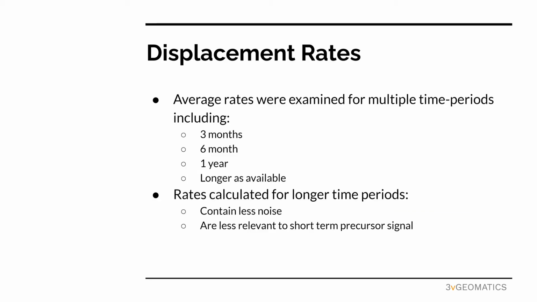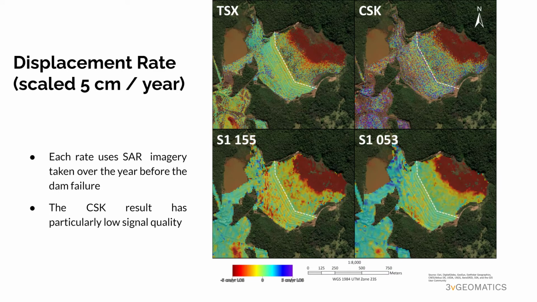Next is to look at the rates for progressively longer-term measurements in order to increase the SNR and sensitivity of detection. No significant displacement was observed in the 3 and 6 month rates, so we focus on the 1-year measurements in the next few slides. These all use 1 year of data. We see agreement between the 4 datasets in the back of the tailings. The 2 Sentinel datasets show some interesting features lower on the dam wall. If you are expecting to find a signal, one could pick one out from this area.